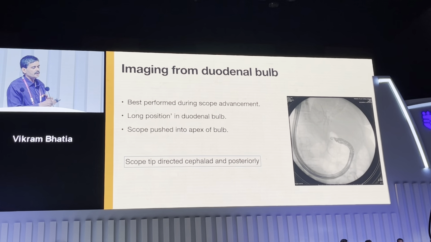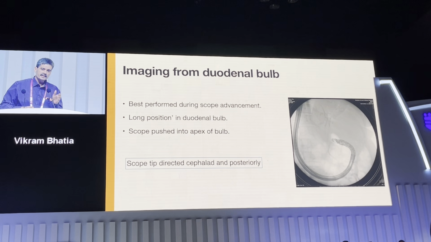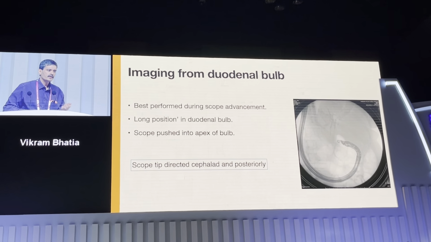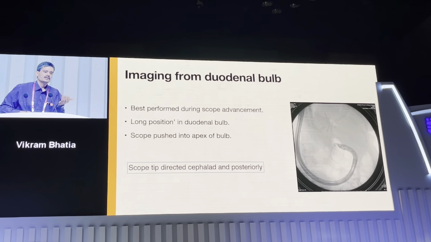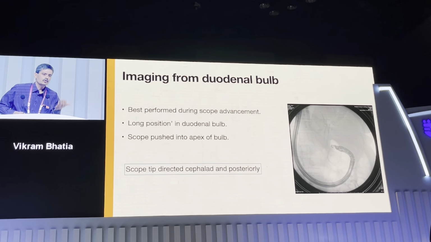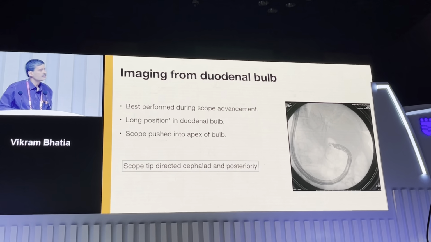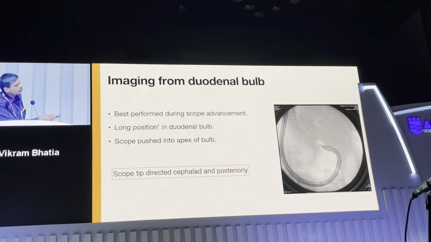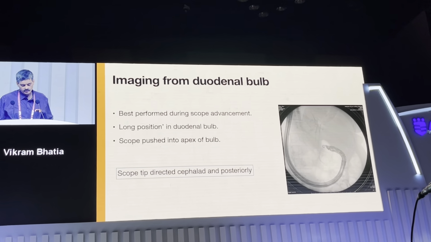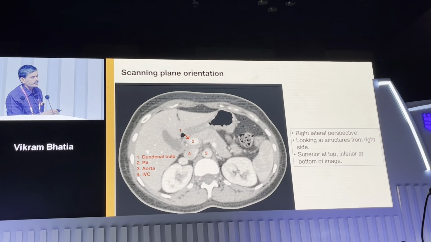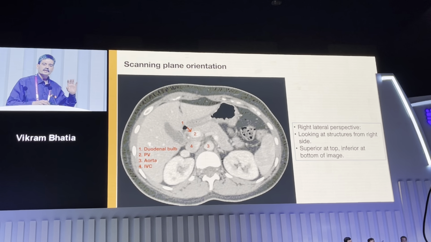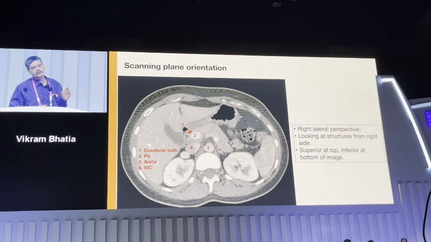Now from the duodenal bulb, if you can't see anything once you advance past the pylorus, it is always better to come out, go in again and push and wedge so that your scope is in a long loop position. That's the beginning in the duodenal bulb. And this is the kind of scope position that you see on the fluoroscopy once you are doing the duodenal imaging. And the perspective when you do imaging from the duodenal bulb is complex, but in general for the postgraduates,